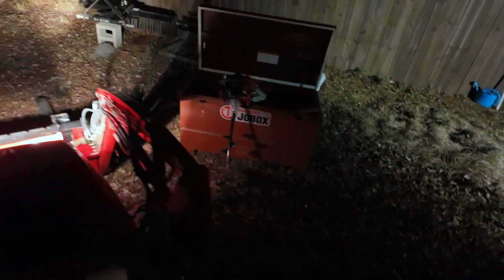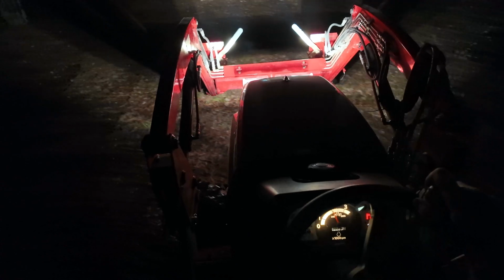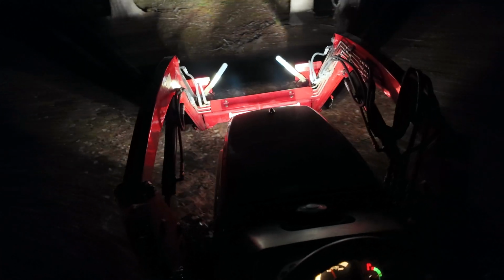So put that down. Pop those loose. And what I'm looking for is those red tines right there. I want those to come out like they did on both sides. And I can back up. Give her a little more vroom vroom. There's a muddy mess back here. We left our bucket over this way. Down here's a rocker pedal. It's pretty nice because you just slide your foot back and forth. And when you line up,